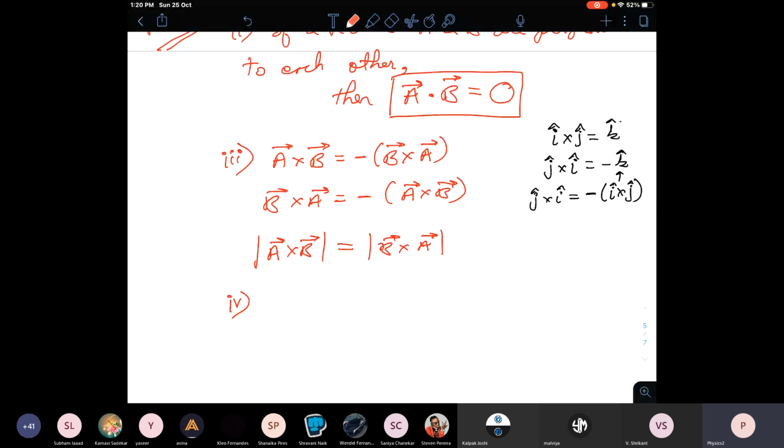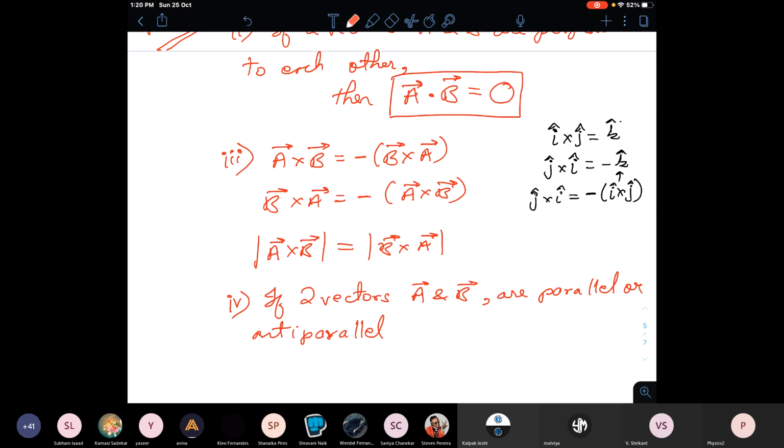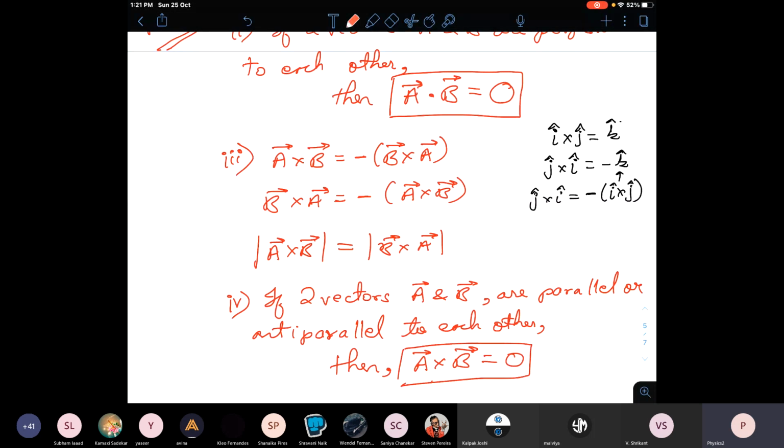ठीक है, the fourth point is that if two vectors A and B are parallel or anti-parallel to each other, then A cross B will be equal to 0. ठीक है, this is the main use of dot and cross product, to identify whether the vectors are perpendicular or are parallel or anti-parallel. ठीक है, whenever someone says to check whether these two vectors are perpendicular to each other,